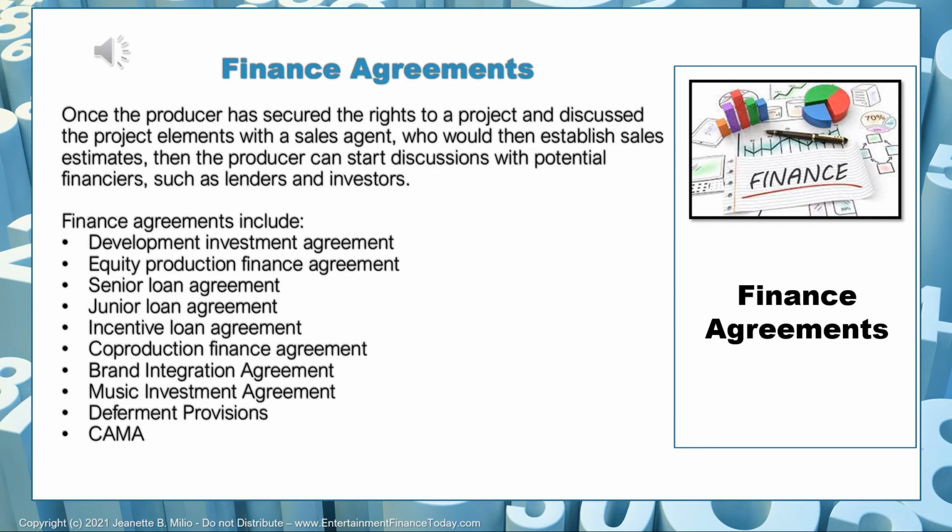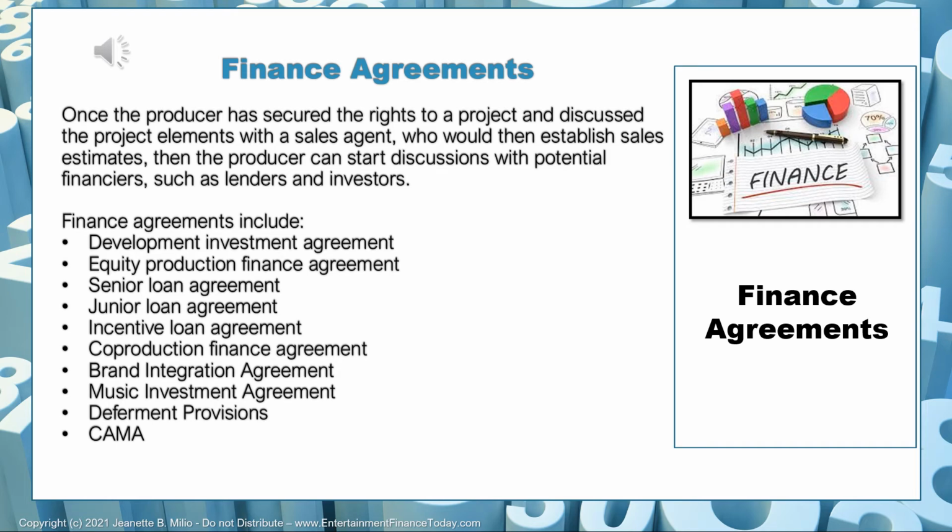The equity investor is a different situation. Equity investors are part of the distribution revenues when it comes to their repayment. So that agreement would include things like the profit participation that is being paid, the premium that is being paid, and any approval rights that might be applicable. Ideally, there aren't any. It would also include any recoupment positioning that needs to be approved by them. For example, if an equity investor says, I want to recoup in first position, it would not be possible for you to do a bank loan, because the investor and the bank loan wouldn't match and wouldn't be combinable.